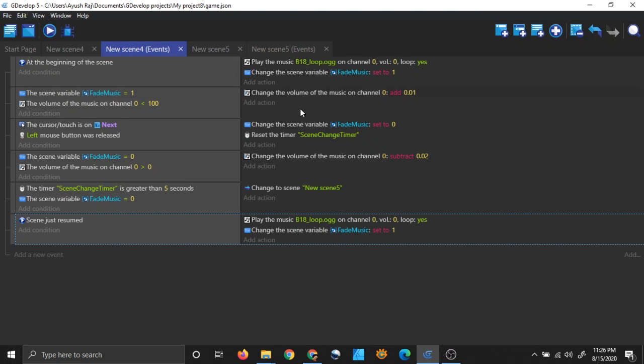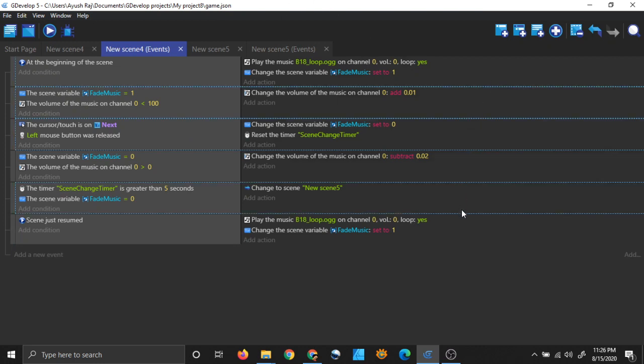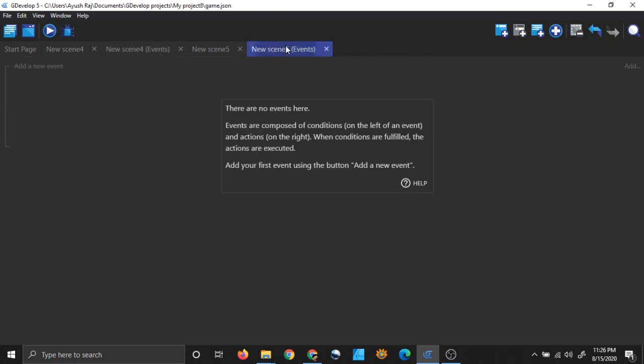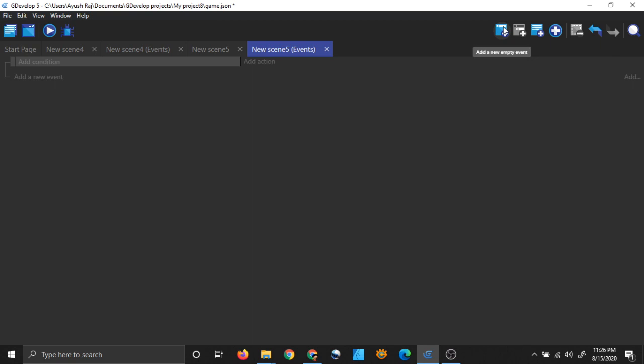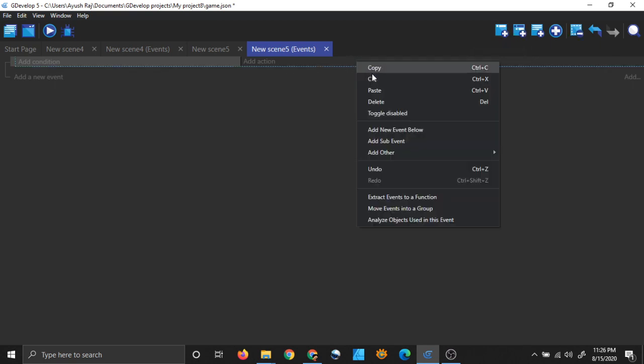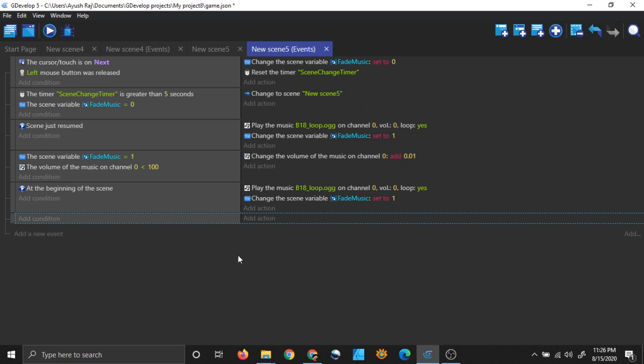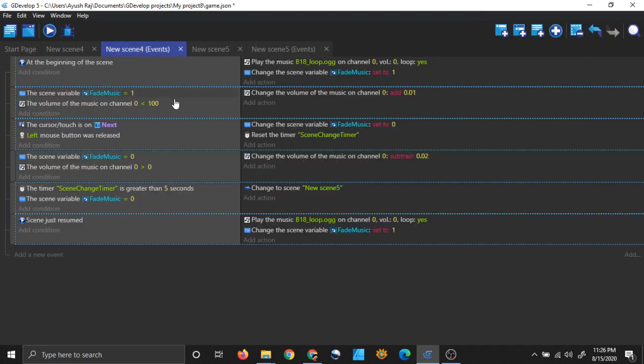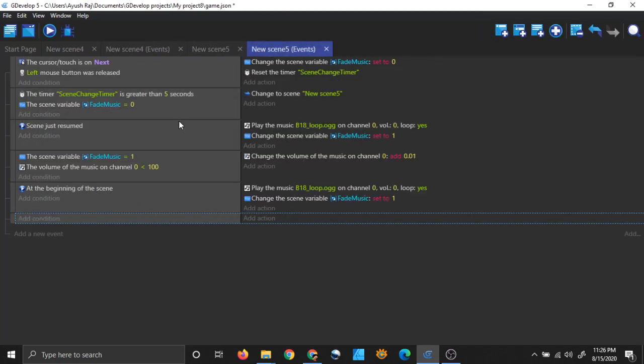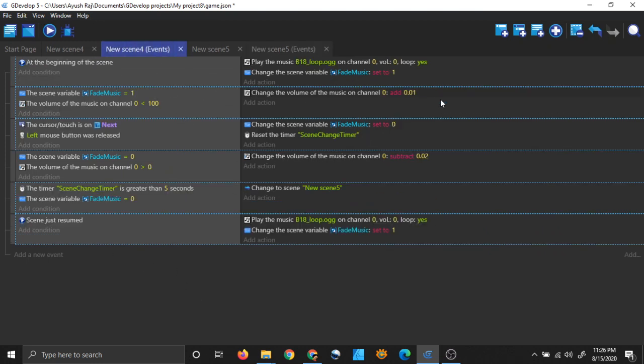So now let's copy the whole thing and paste it in our new scene file. You can press shift and click, and that's how you can select it. So right click and click on copy, and in the new scene file, click on empty event and right click and paste. So I have all the events here. I think some events are missing. 1 2 3 4 5 6. 1 2 3 4, only 5. Something is missing here. I guess this. Oh, this was missing. Okay.